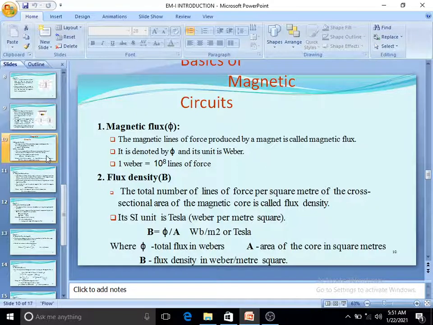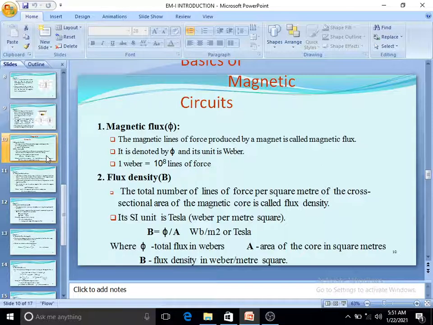In the transformer, we simply apply a time-changing magnetic field, and then we get an induced voltage, which is nothing but EMF. So what about the DC motor? We place a current carrying conductor under the magnetic field. What about the generator? A moving conductor in the presence of a magnetic field. So by using these principles we operate the transformer, DC motor and DC generator.